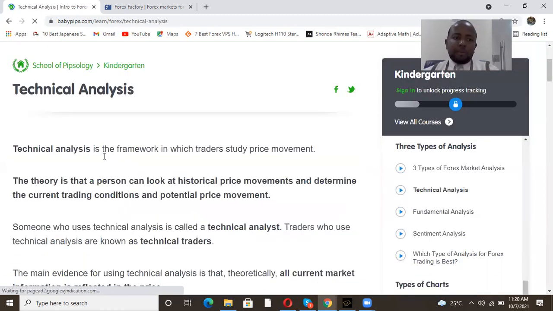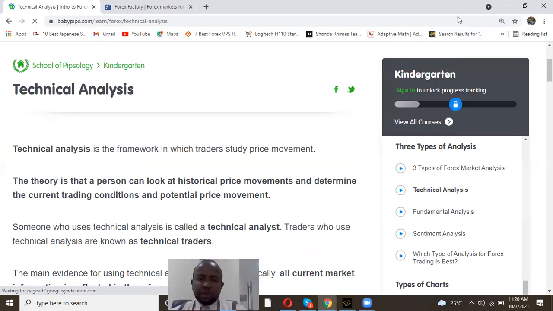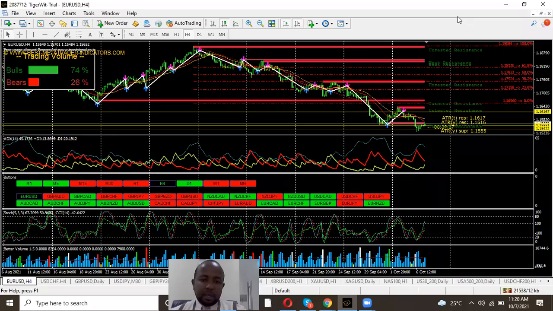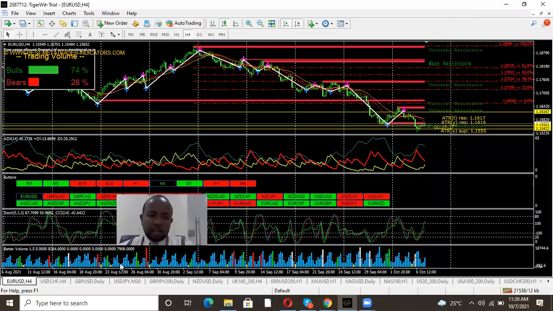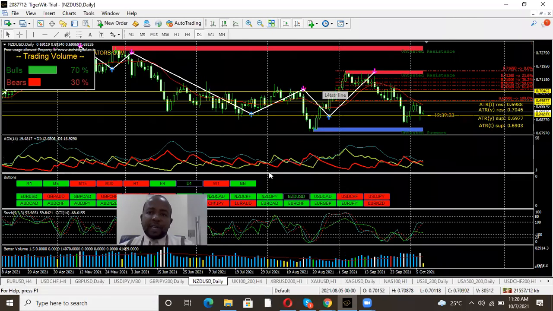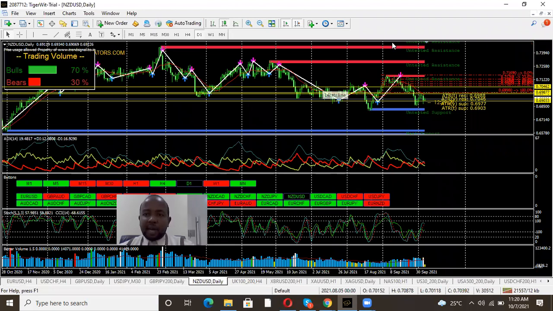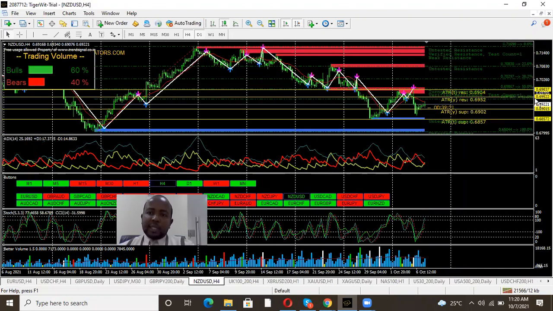So technical is the framework in which traders study price movement. So what is price? This is price. This is the price here. Oh, let's go to New Zealand today. Where's New Zealand? So this is New Zealand. It's one of my favorite pairs because it kind of trends. It falls, rises, falls. That's on D1. Let's check it on H4. So what we are saying, technical analysis is studying this price,